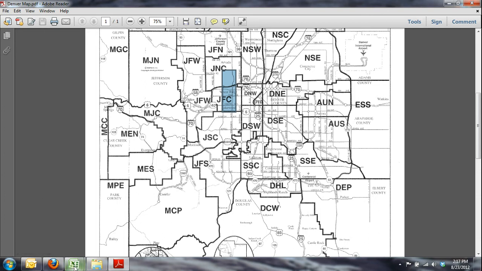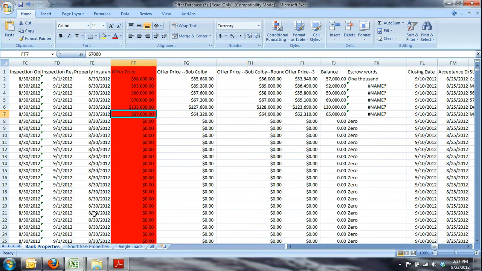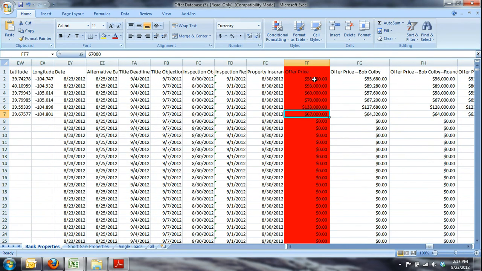So other than that, after I looked at what you did, I was actually really impressed. You kind of missed the boat on one of the easiest pieces, and maybe you just didn't see it in training or skipped that training or whatever happened. But you really nailed it when you came to evaluating properties, and you did a really good job of putting the correct offer price. And that, to me, is probably the hardest thing to explain and the hardest thing to learn. But you nailed that, and then you also imported the data correctly into the database. The only one you missed the boat on was this one,